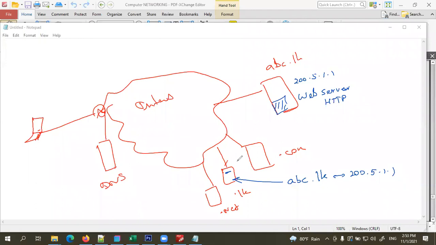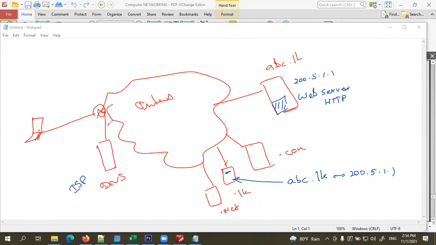We can register under any top level domain. There are no restrictions. If we are going to register under .lk, it is possible. If you are going to register under .com, that is also possible. Now we have assumed that we have registered our website here in the .lk domain. These computers are maintained by different companies. Again, these are ISP DNS servers. Like that, there are several other companies who maintain DNS servers.